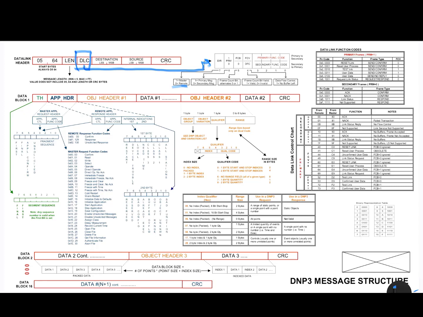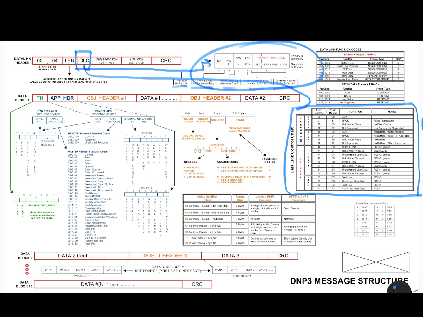Is it from master, or is it from the remote? Is it a primary message or a secondary message? And the remaining details that are found in it. But I'm going to keep it simple. I'm going to suggest to you that the easiest and most effective way to look after the DataLink control byte every time when it comes to interpreting it is to simply go right to this table right here. What this table does is essentially summarize everything that's going on here, and it's much, much easier to determine everything you need to know right from